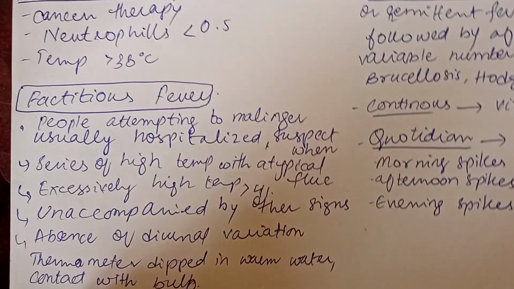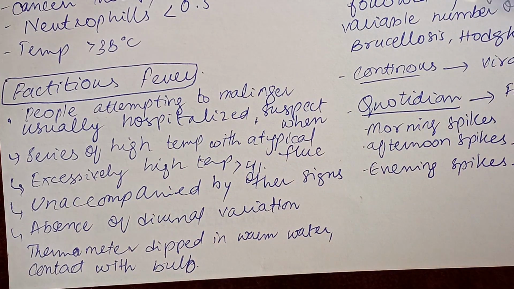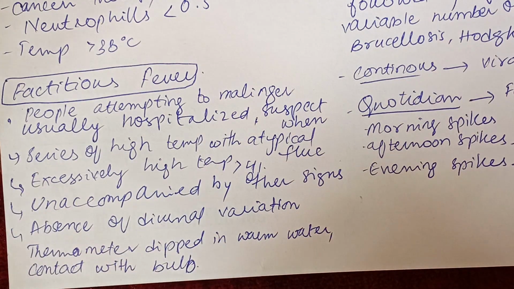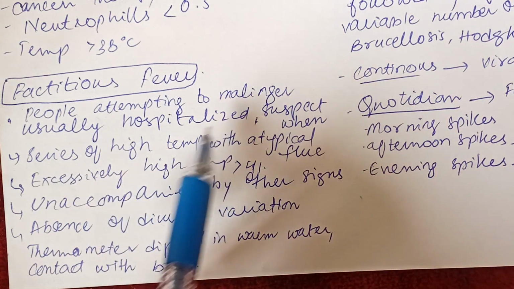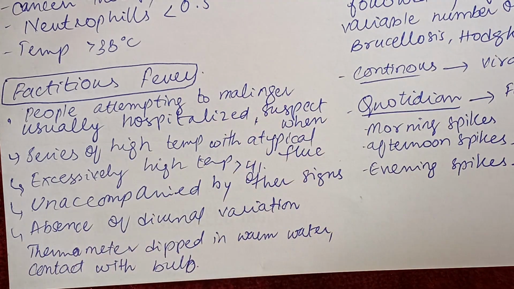Factitious fever is a condition in which people fake fever, like people attempting to malinger, and usually they are hospitalized. We are going to suspect that the patient is having factitious fever when the series of readings all have high temperature with atypical flu and excessively high temperature of more than 41